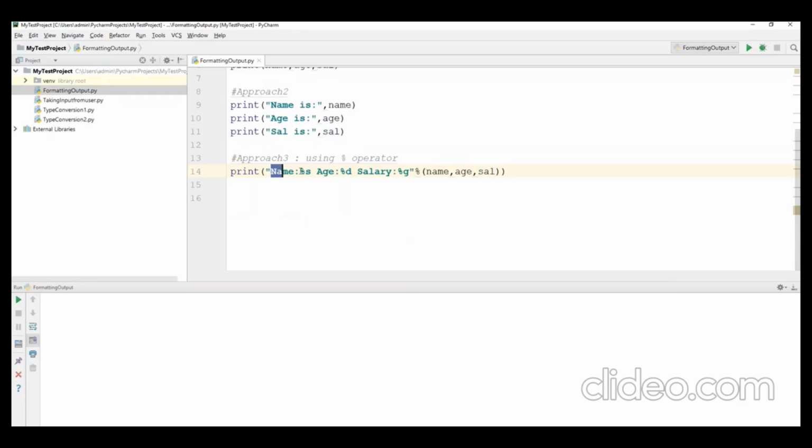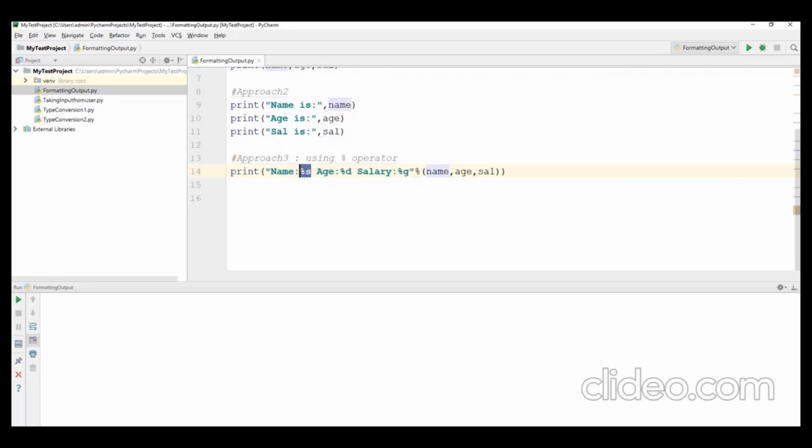So in the first name column, percentile s, in this particular place it will print value of name, and age column percentage d, so in this place it will substitute value of age. Now salary column percentage g, so in this place it will substitute salary value. So in whichever order we mention here, the variables also need to be given exactly the same.